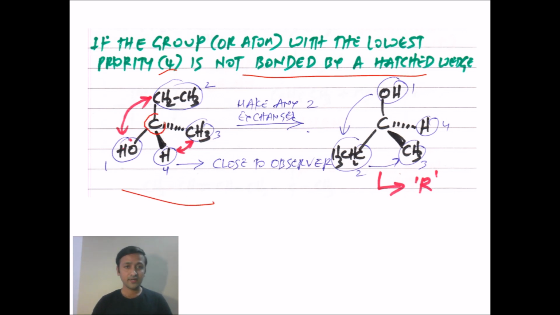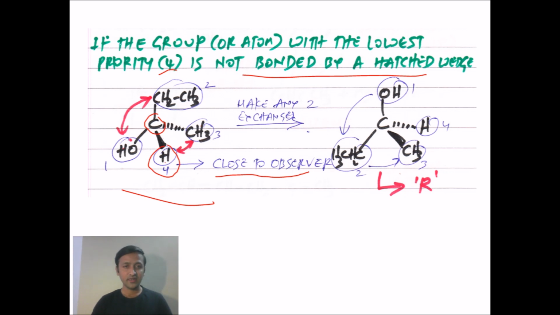We got a chiral carbon atom right here also: OH, H, then methyl and ethyl. Okay, first one you can see hydrogen, where it is placed now. Hydrogen is on the solid wedge. You know the meaning of solid wedge, right? The bond close to the observer. So here in this case, the lowest priority group is not away from the observer, right? So we need to make that now first. And how to make that?